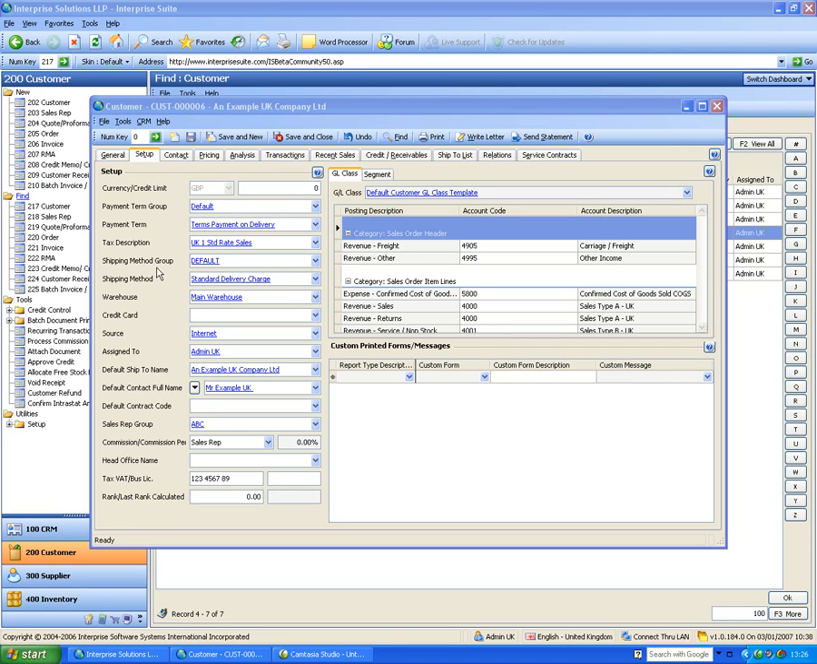Same with shipping methods as an example. It may be that you offer next day to UK customers, but you can't offer next day to EU or customers in the States, because obviously you just can't do it. So what you do is you group your shipping method types together, so you know what you can offer a particular customer. Okay, default tax code, default warehouse, which user they're assigned to in the main,